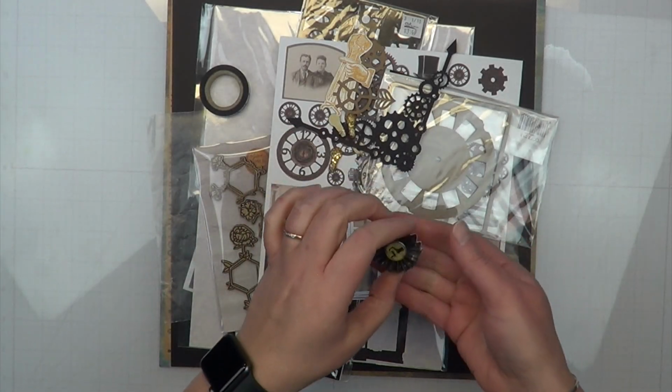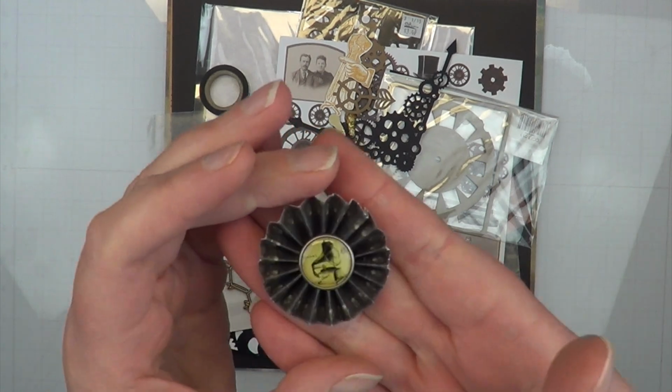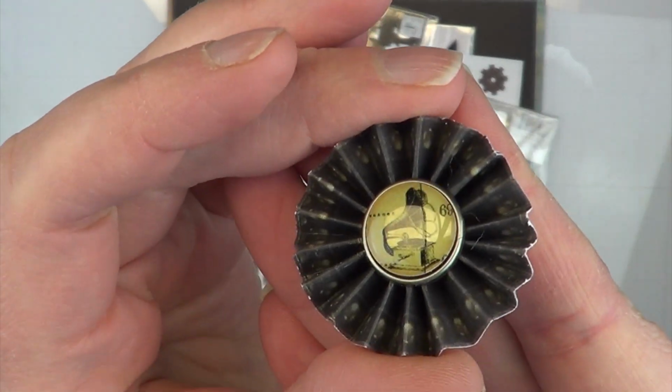Hey, it's MK, and I am back with another Follow a Sketch February, and today I'm actually doing today's layout. Yay! So I thought that I would start with a bunch of homemade embellishments that were either gifted to me